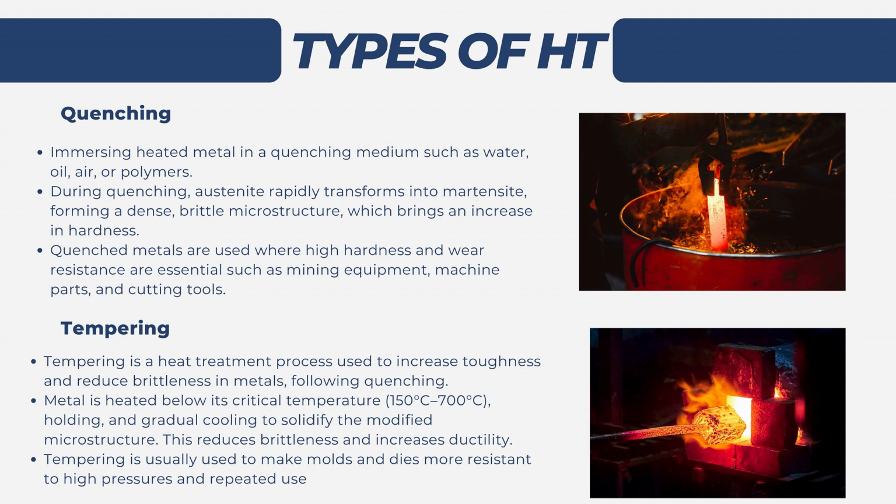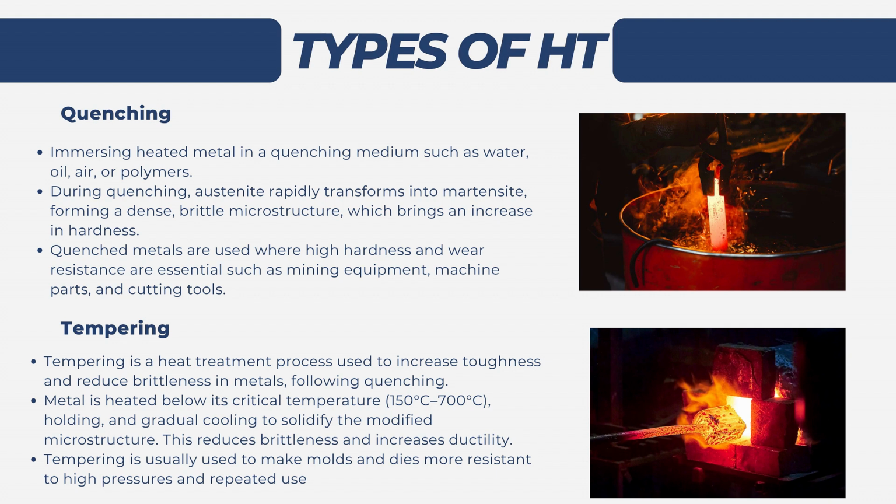Tempering is a heat treatment process which is used to increase the toughness and reduce the brittleness in metals. So normally, after a material has gone through the quenching method, which results in a high hardness and brittle product, the material is then tempered using the tempering method, which results in a high hardness yet less brittle material. So it is different from quenching, where you heat the material until the austenite form.